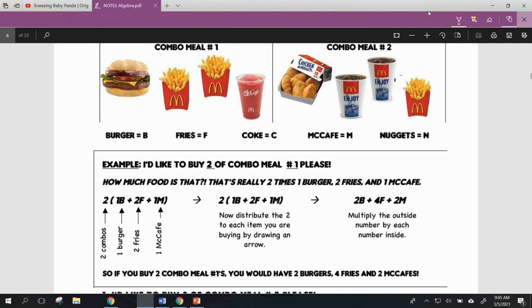If you would like to buy 2 of combo meal number 1, well, combo meal number 1, I'm going to get rid of this because it's kind of redundant. Combo meal number 1 includes 1 burger, so there's 1B, 2 French fries, so 2F, 1,